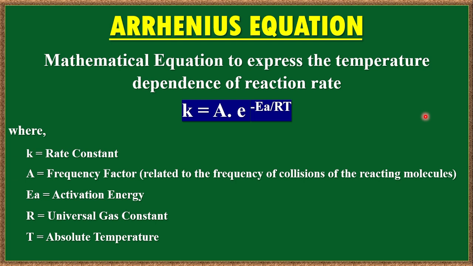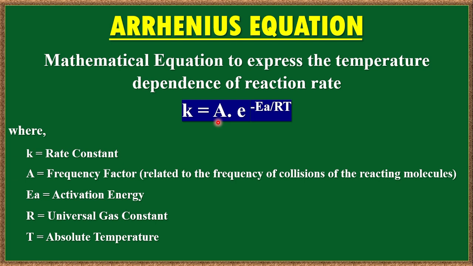So the Arrhenius equation is a mathematical expression that relates the temperature dependence of reaction rate, and it is expressed as small k is equal to capital A into e to the power minus EA by RT, where small k is the rate constant for a reaction,